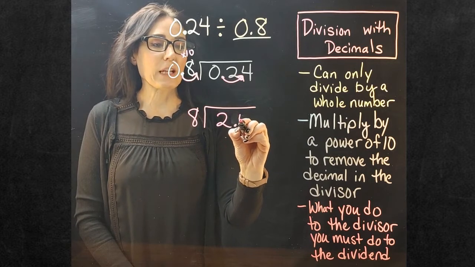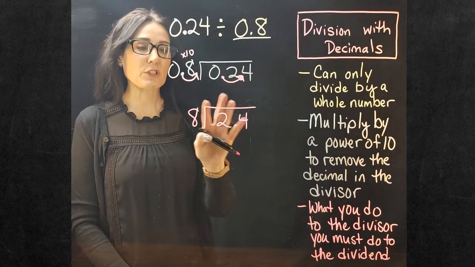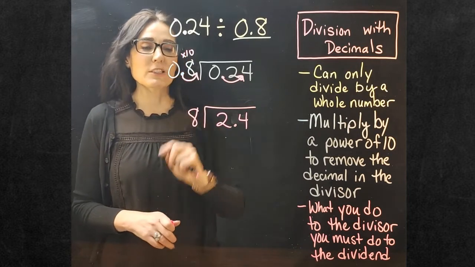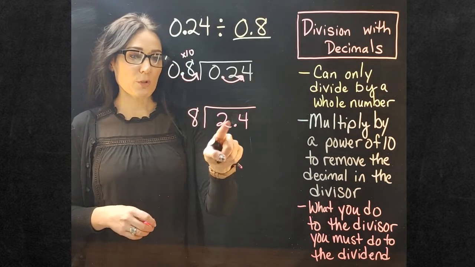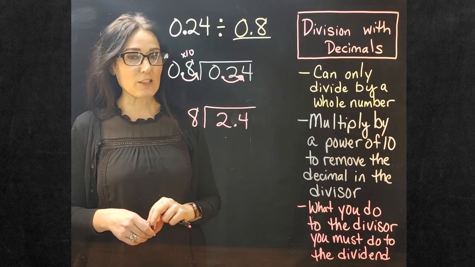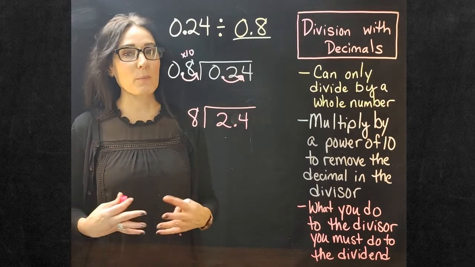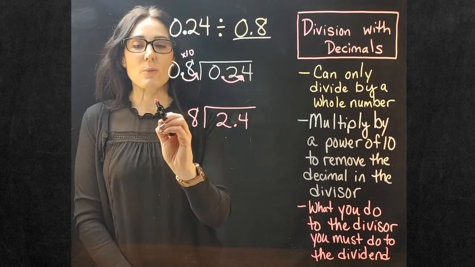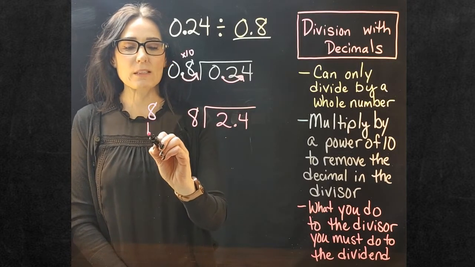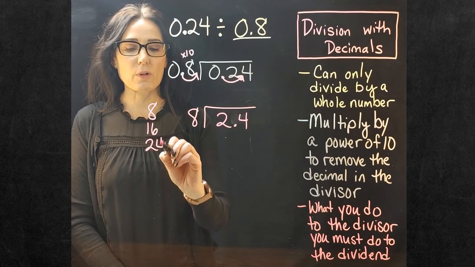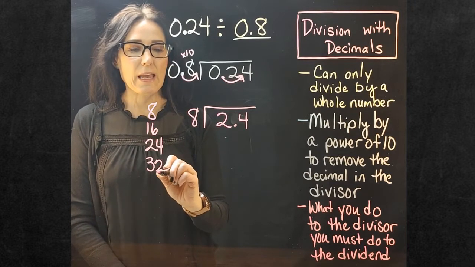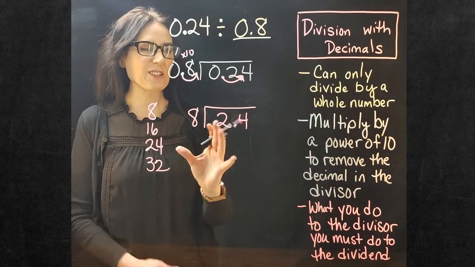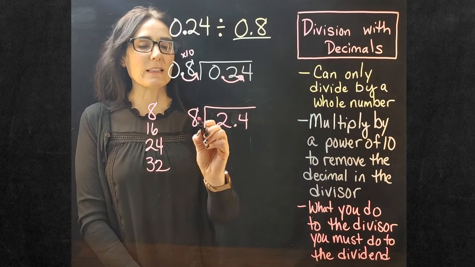So it's always a good idea once you move your decimals to rewrite the problem so you can just really follow it much better. So let's go ahead and divide 24 tenths divided by 8. So to do that, I want to count by my multiples of 8 just to make sure that I get the right number. Okay, so we're going to go 8, 16, 24, 32, and I already see that I have a 24 here, and I have a 24 tenths there, so I can actually stop here and say, okay,